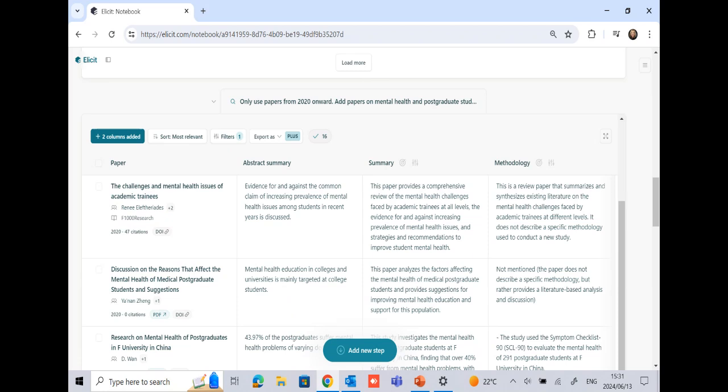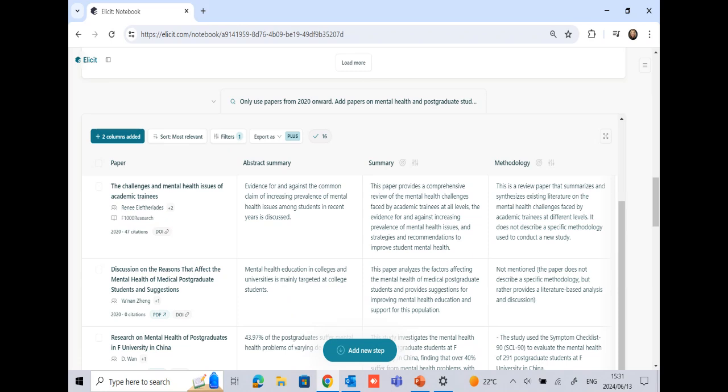You'll see the very first one already has 47 citations, so there's been a good uptake of this article already, but it's a 2020 article. If it's a 2023 or 2024 article, the citations might be lower simply because it's newer. But that already can give you an indication of the standing of the author and the uptake of that research.